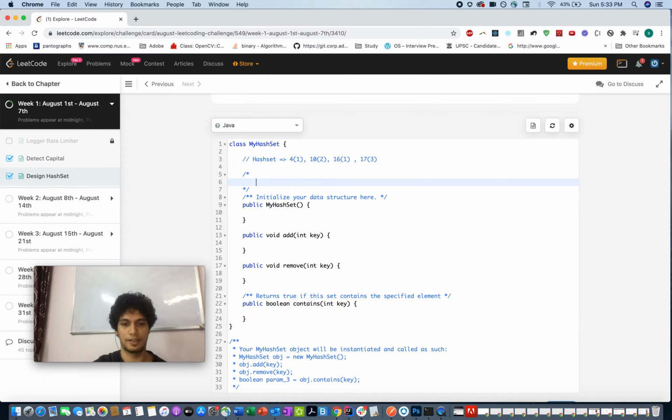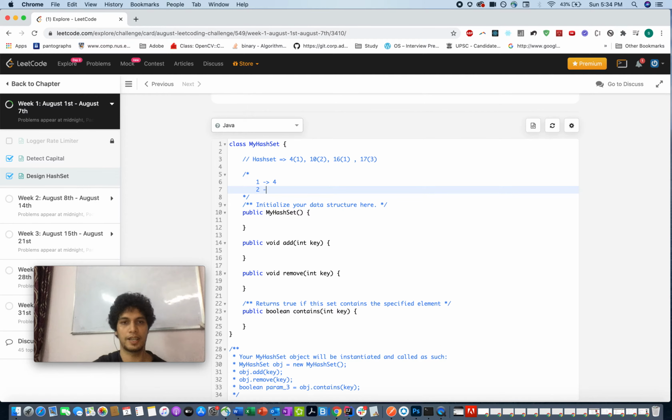Now comes the first key, which is 4, and you generated the hash of it, which is 1, and at the first index in your 2D matrix you added 4, and then comes 10.